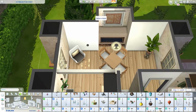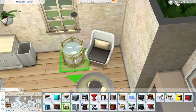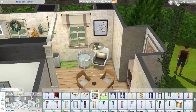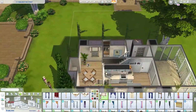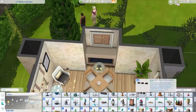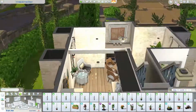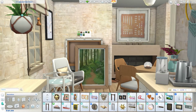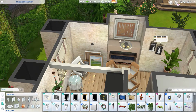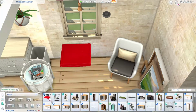What else? I think this is a bigger family house in a very small lot. I mean, this is not a tiny lot like 20 by 15. That's the smallest lot size we have in game, but this is a 20 by 20, so it's not a super micro lot. It's a small lot, but it's not that small, you know. I mean, we still have some space in the exterior and the yard and everything, but it's still considered